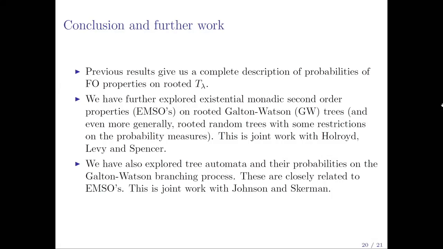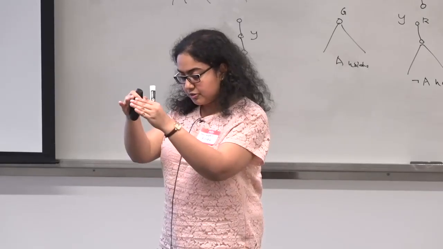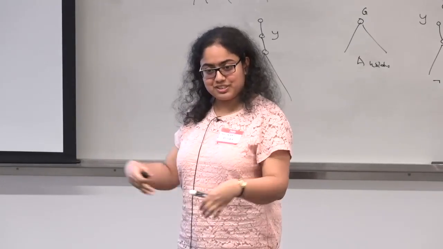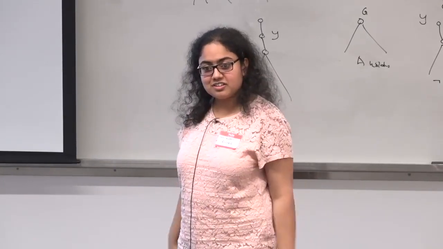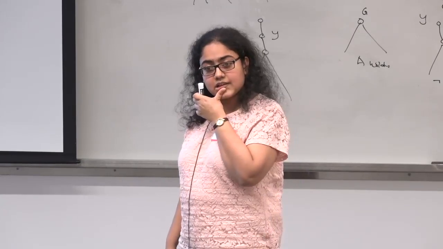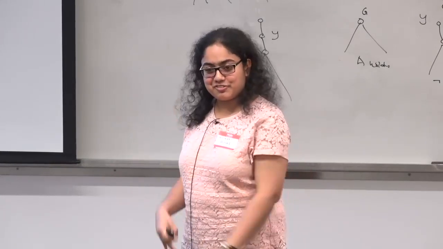Just a little bit of discussion of the previous. Can you go back? The probabilities of which? The probability of the first order properties, whatever first order property that you're considering. Eventually that will boil down to probabilities of the radius 3 to the k plus 2 neighborhoods of the root. So they can't be algebraic functions, just compositions, polynomials. Yeah, I'm saying that with a little bit of hand waving.